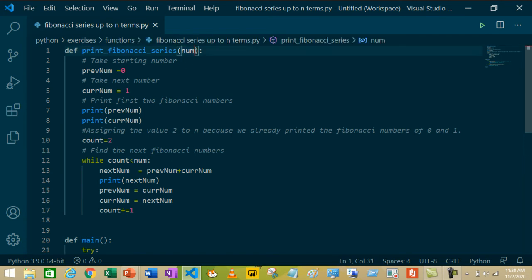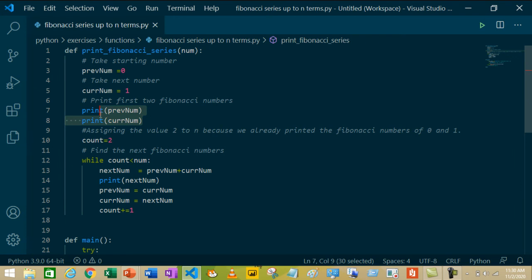The parameter will assign the value to the variable num. Okay, so we are taking 0 as the previous number because it's the first Fibonacci number. Next, we are taking current number as 1 because the second Fibonacci number is 1.